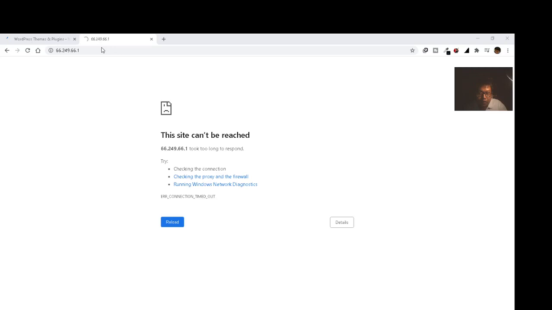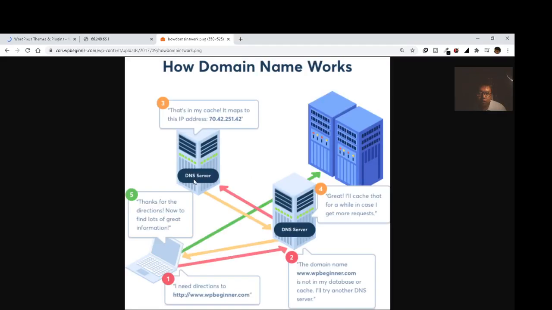The domain name odmcs.com is not in my database or cache, so I'll try another DNS server. It's been tried and it's not working, so it moves ahead to another IP address. The domain is linked to an IP address, which is 70.42.251.42. This has been accessed on the DNS server. All this information is stored in a huge stock of computers.